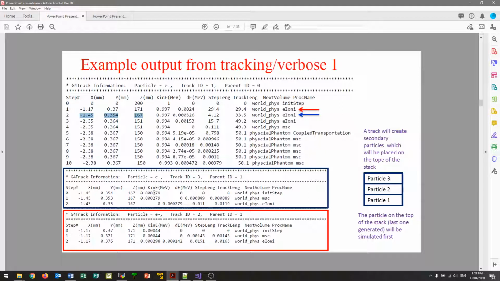279 MeV, whereas the change in the step was 0.00326. So naturally you have a bit of binding energy, so that's where a bit of the energy got lost to there. And see, we're in the world phys here. And then, just like with our primary particle track,